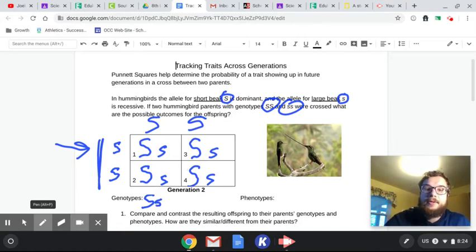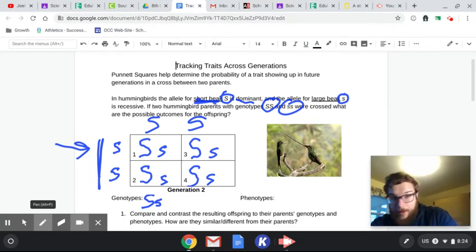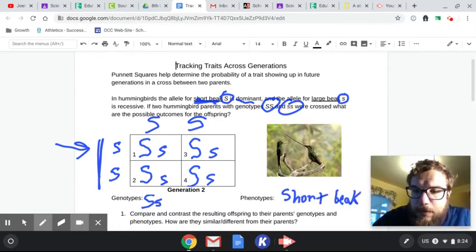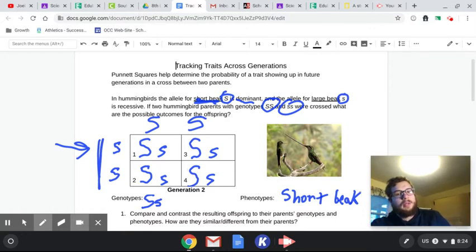Now, phenotype-wise, what does that mean? Well, let's go back and see. Our dominant trait is short beak right there. So all of them have a single dominant trait in them, which means they're all going to have that phenotype, which is short beak. Okay. So we got a whole bunch of short beak offspring. No matter how many times these parents breed together, all we're going to get is short beak